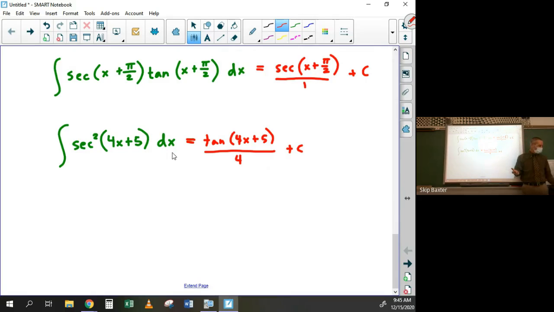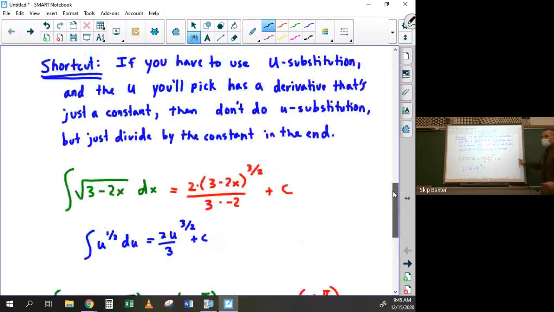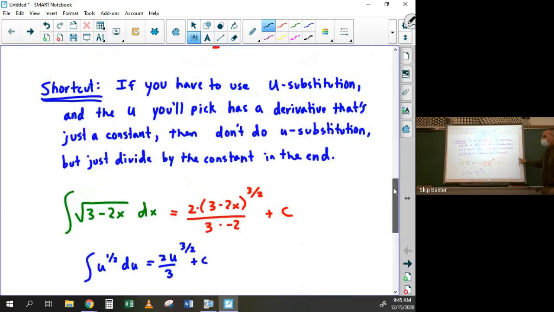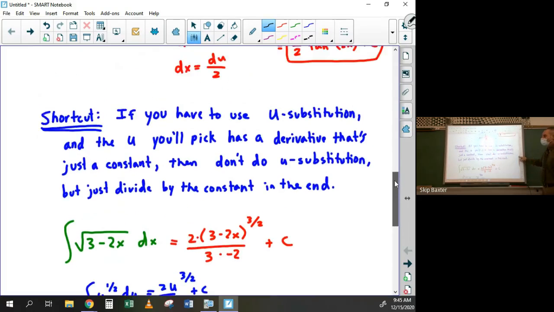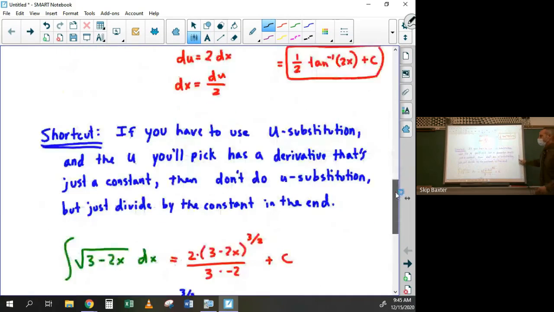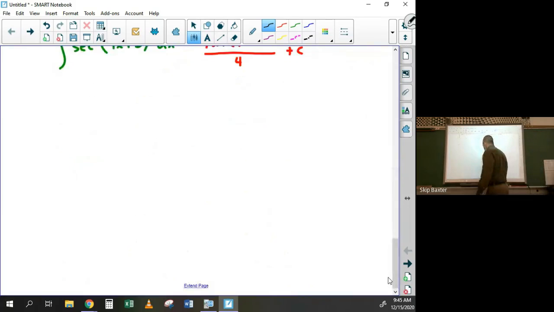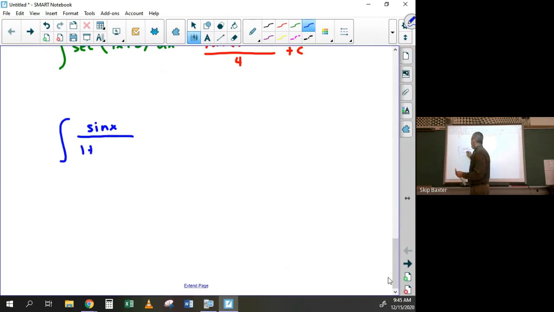Does that make sense? Everybody see the shortcut? All right, so let's go back to the inverse trig then. And I'll review this stuff after break too, when we resume talking about unit 4. But this is a really important shortcut that's used really often. I'll use it really often. Okay, let's do another example for inverse trig then. How about something like the integral of sine x over 1 plus cosine squared x?